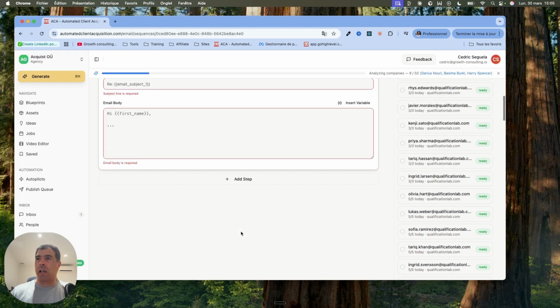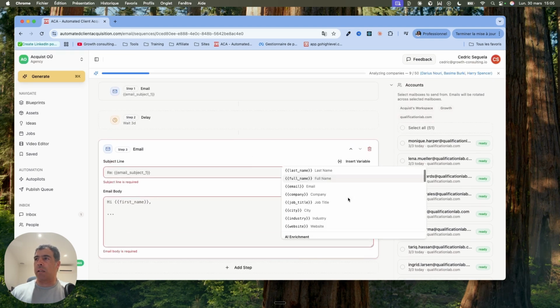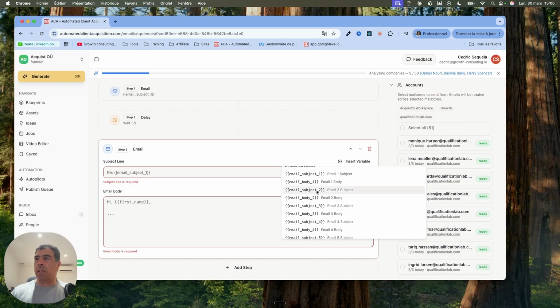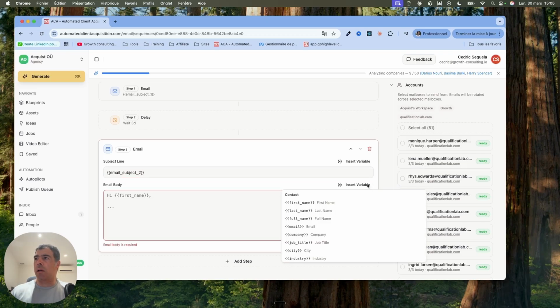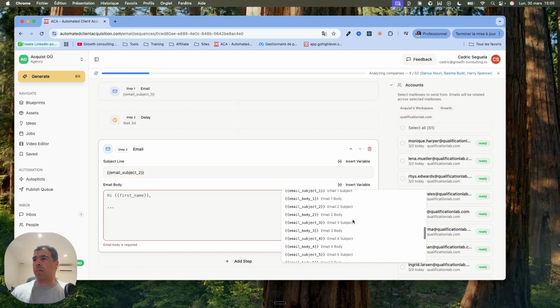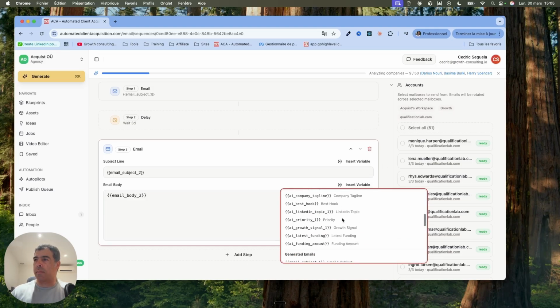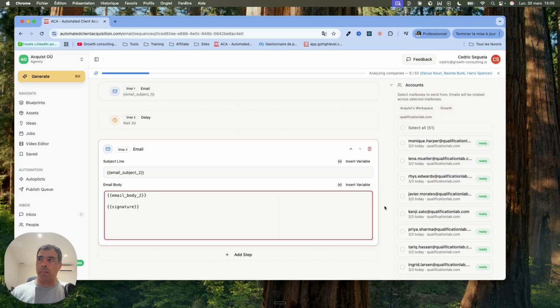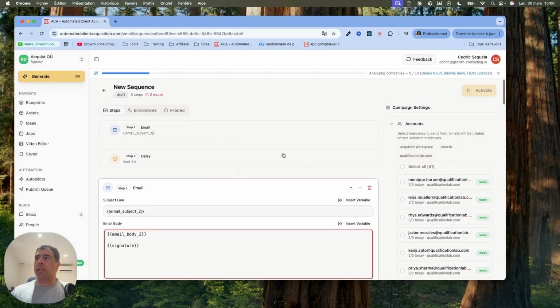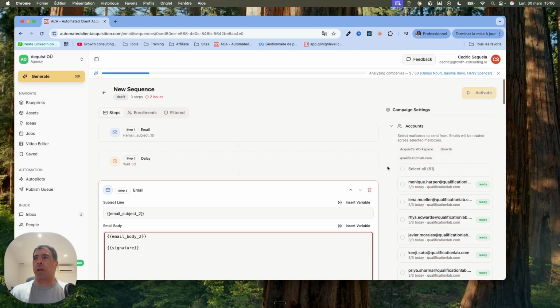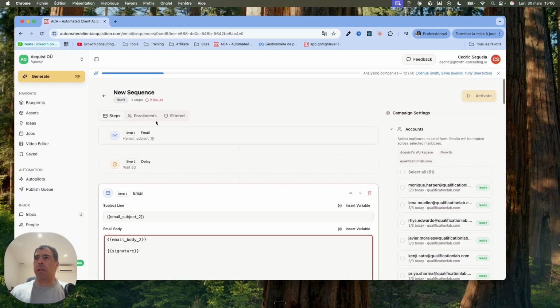Going to add another step. And here I'm going to select another variable. That's going to be email subject 2. And here I'm going to select email body 2. Again, let's not forget the signature. There are a lot of different variables that you can use, so you might as well just be creative. But if you want to really fast track the process and use hyper personalization, this is the best way to do it. So this one is going to be named new sequence